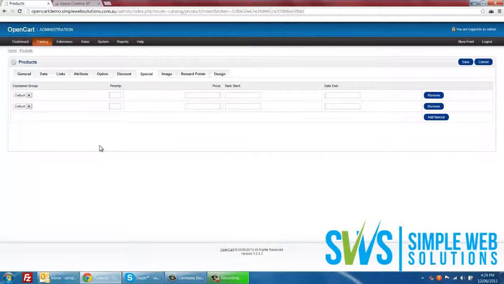So what this does is it's basically a dumbed down discount to the point that you don't enter any quantities available, you don't enter any of that. It's just the price, the date start, and the date end. Much easier to keep track of, and you just leave it at this and it works. So with this one,